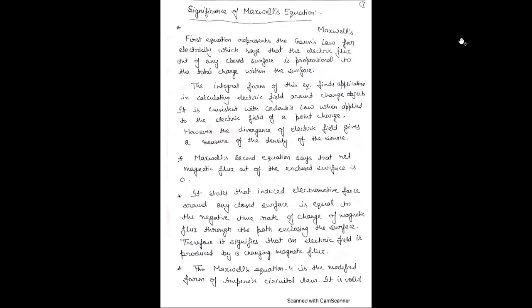Therefore, Maxwell's first equation represents Gauss's law for electricity, which says that the electric flux out of any closed surface is proportional to the total charge within the surface, because del dot D is equal to rho, and the integration of this is equal to Q, meaning the total electric flux of any closed surface is proportional to the total